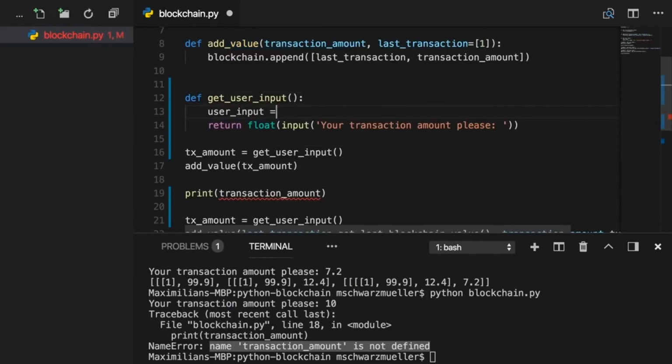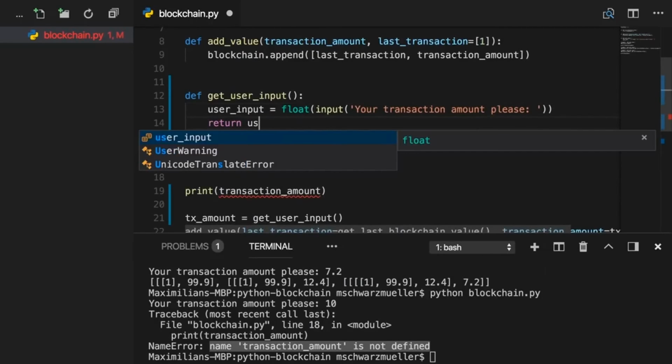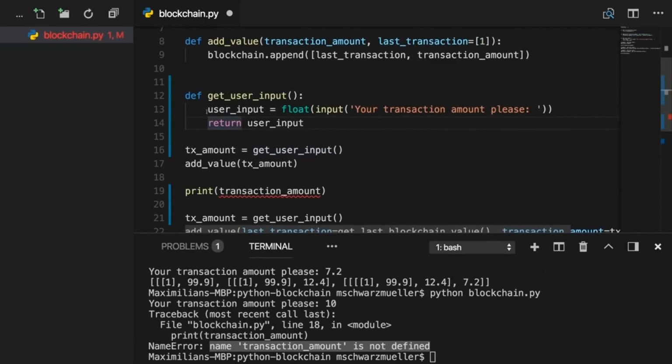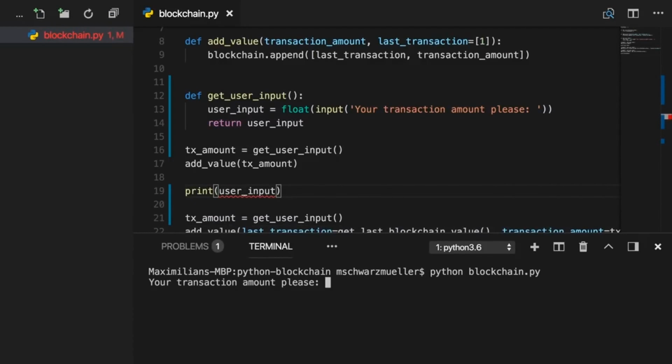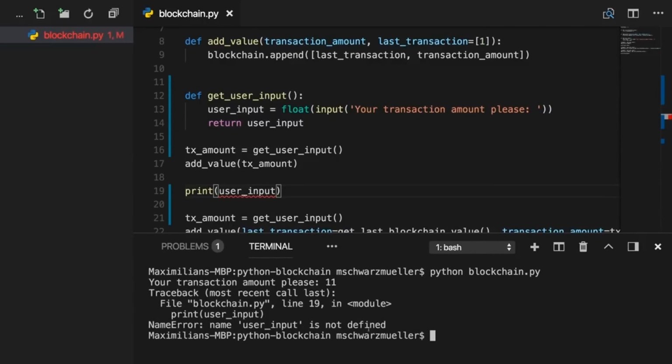If we create a user input variable in which we store the user input, and then we simply return that here, this will continue to work. We're just using an in-between step, maybe to make it easier to read. But if we now output user input here, well, you're probably already guessing it. But if I repeat that execution and I enter some value, I also get an error on that. Name user input is not defined because it's a local variable only available inside of a function.